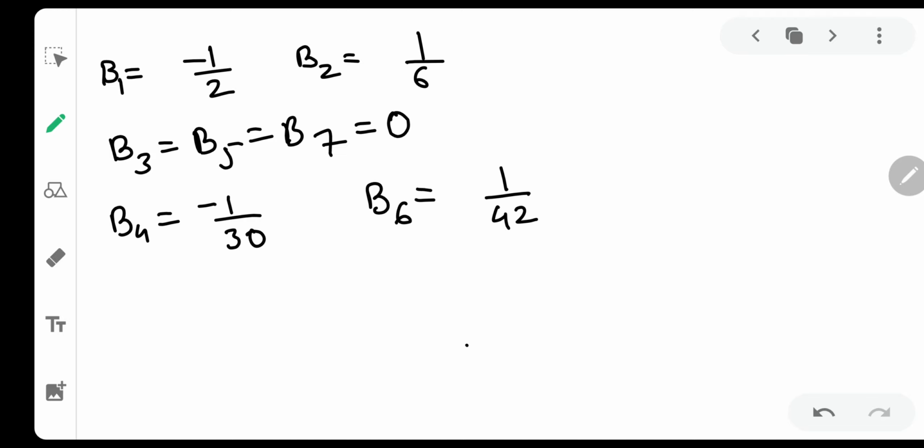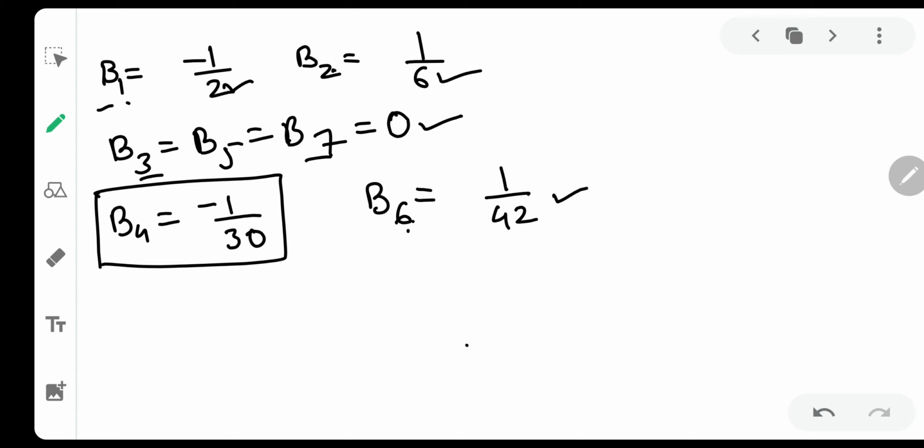Now you will say, so many numbers you have to remember, but see, I have told you the tricks. b1 is 1 into 2, 2. b2 is 2 into 3, 6. b3, b5, b7 all are 0. b6 is 6 into 7, 42, so 1 by 42. b1 is 1 by 6 minus 1 by 2... Only b4 you will have to remember separately. There is no trick for that. It is minus 1 by 30. Now you will say, what are these numbers? I call them the b numbers. They are actually called the Bernoulli numbers.